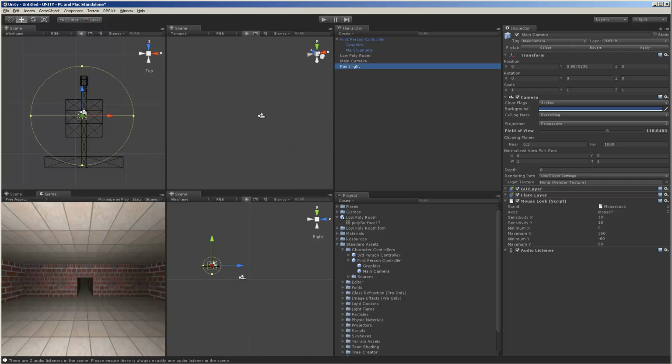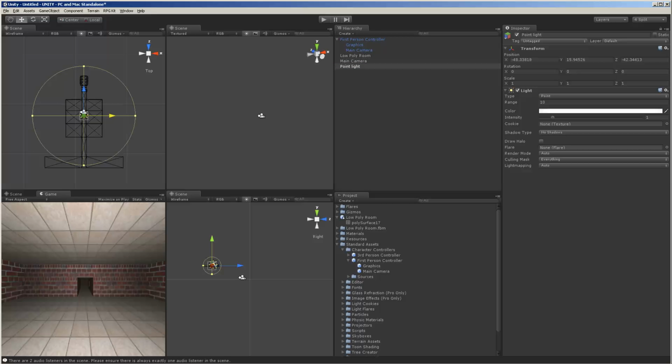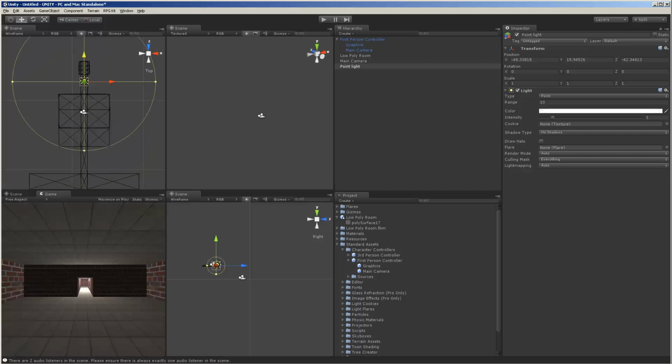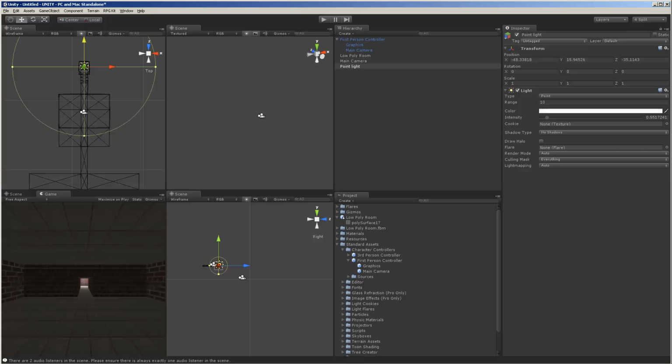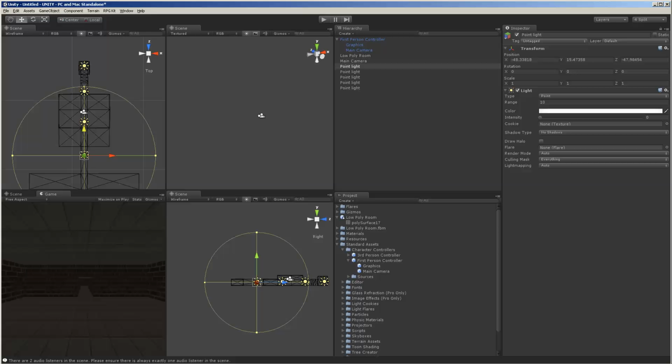So let's create a bit more of an ambience here. Put that all the way over there. Pressing the F button focuses on the object in the current viewport selected. And Ctrl C, Ctrl V just copies. Oh crap. They all have zero intensity, so